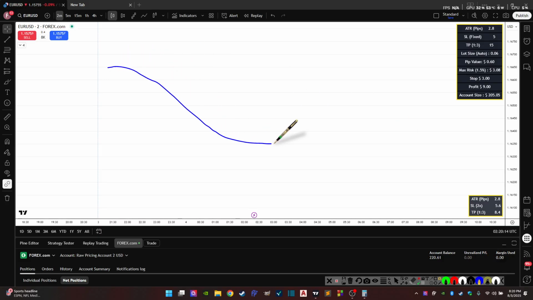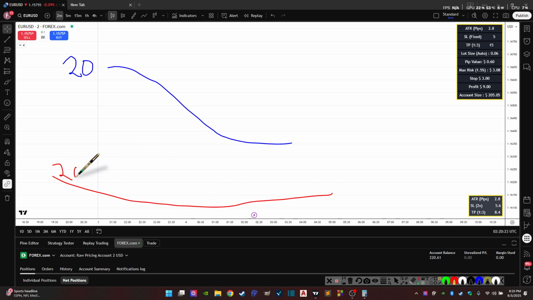We have our 20 period moving average. We have our 200 period moving average. And these are simple moving averages. We're risking 1 to 1.5% of our account. And we're looking for tiny stops, and the way we're going to find these tiny stops, we're going to be on a 2-minute chart,